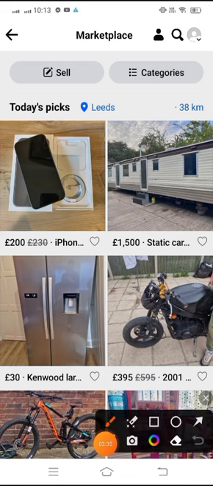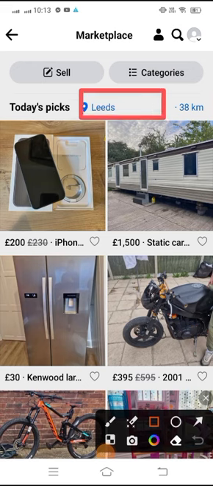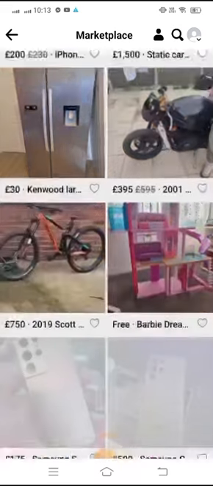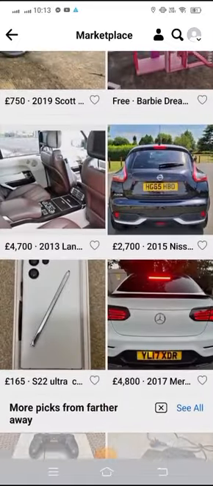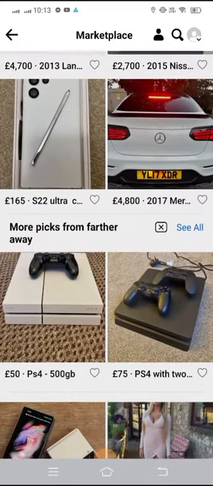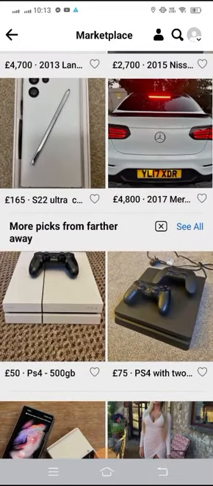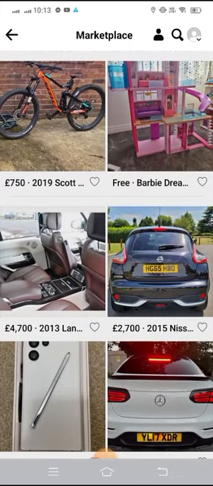So you can see the radius is 38 kilometers. In miles it's 23 miles, and in kilometers it's 38 kilometers. So all these posts are from Leeds city. So in this way you can change your